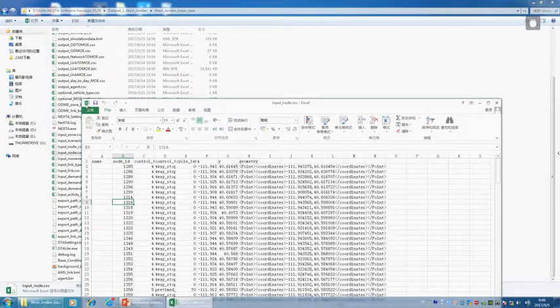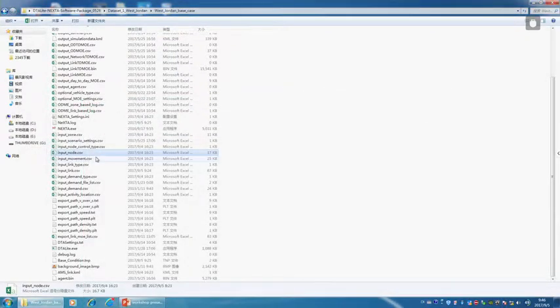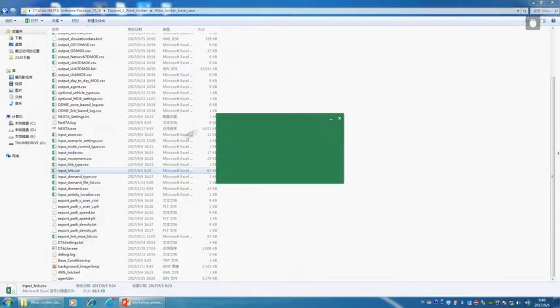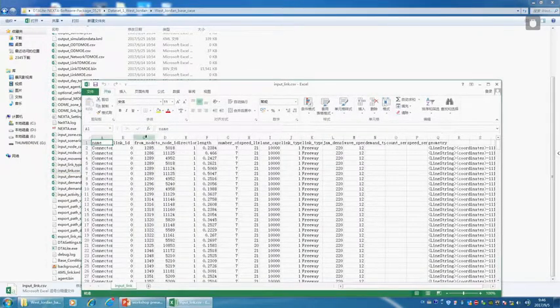Let's look at the input link. In the input link, you have from node and the to node. You have the length, the link capacity, the link type, and other elements. So in this input link, at the last column, you always see a geometry field. In this geometry field, you can see those are the detailed line strings, link strings coded in some relatively complicated